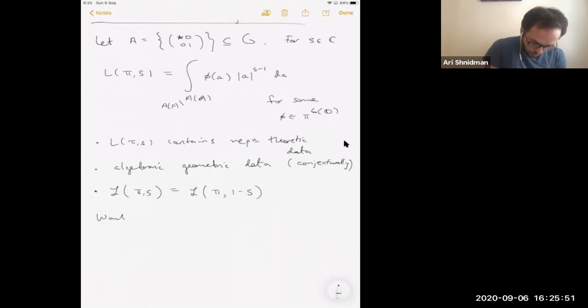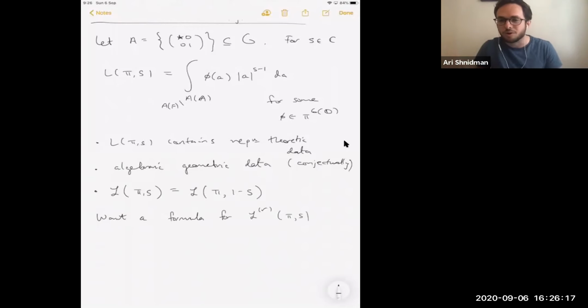And what in the past people have done, and in general what we want, is a formula. So in certain cases, people have proven such formulas for the value of the L function at the central point, that point of symmetry. That's where a lot of the interesting algebro-geometric information is, but not just the value, but also the derivatives. First of all, because the value might be 0, and then you might be more interested in the leading term, but even the non-leading terms might be interesting. And we want a formula in terms of geometry,